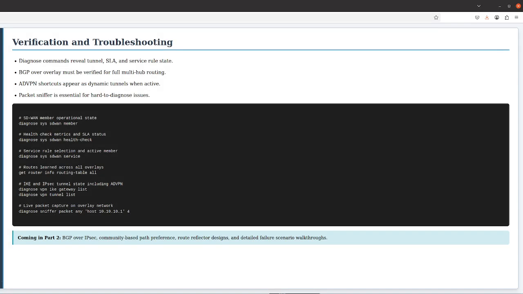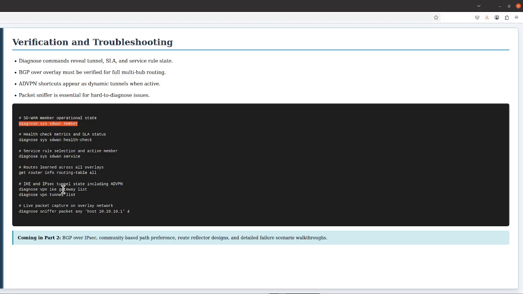Verification and operational commands. Configuration is only half the battle. The other half is verifying that the configuration is working and troubleshooting when it is not. FortiGate has a rich set of diagnostic commands specifically for SD-WAN and IPsec that every engineer operating a multi-hub design needs to know. The diagnose sys sdwan member command shows the operational state of each SD-WAN member,